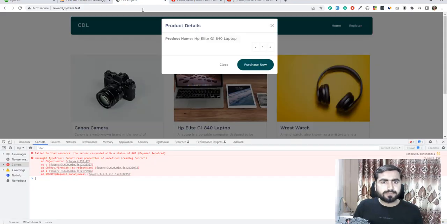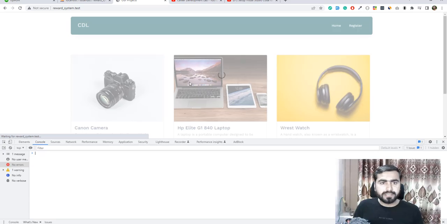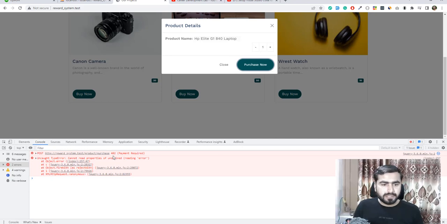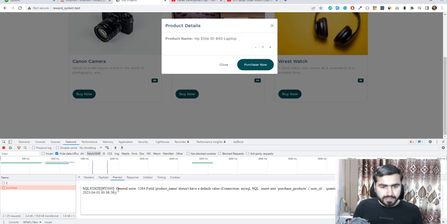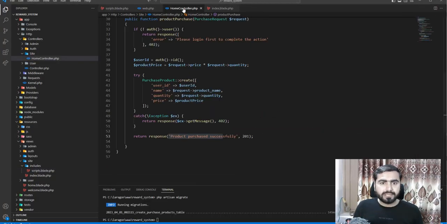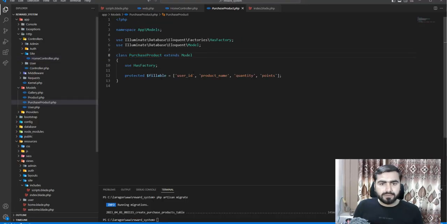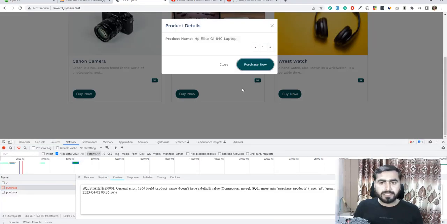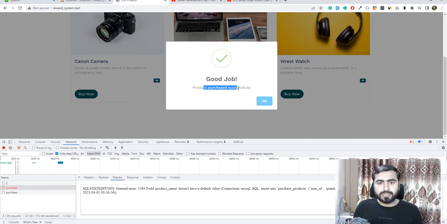So now simply refresh this web page and try it again. Click on this buy now, click on this purchase, displaying 402 payment required. If I go here, there's an error, product name doesn't have a value. Okay, oh, I know why it's showing, because I named this wrong. My column name would be product name, right? If I visit this out, yes, it's product name. Okay, it's correct. Let's click on this again, purchase now, and yes, it is saying "Good job, product purchased